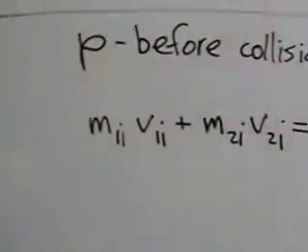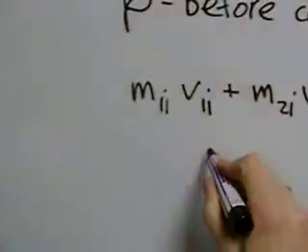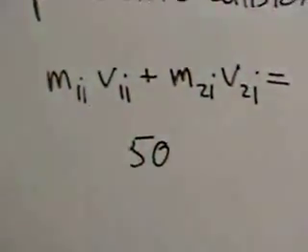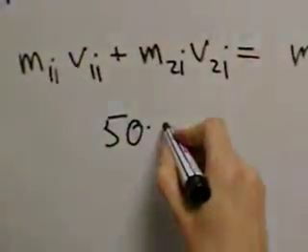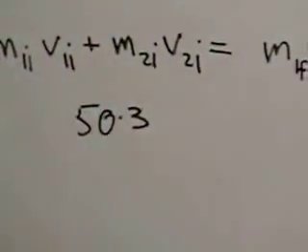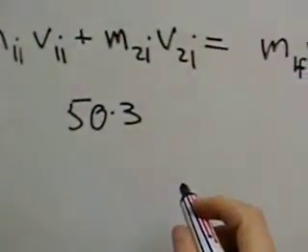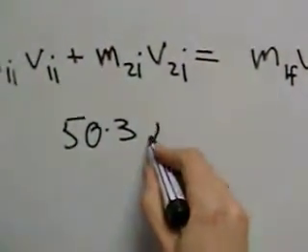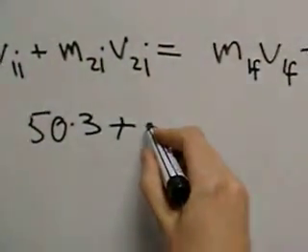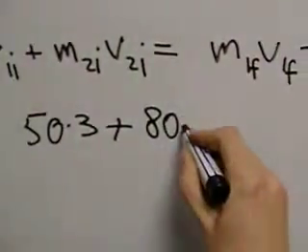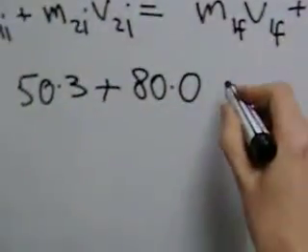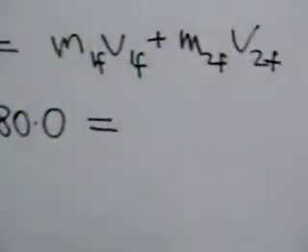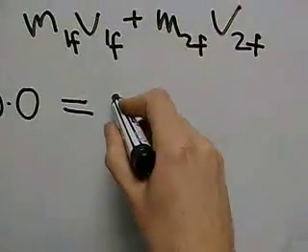So we can say that the initial momentum of the boy, so I'm going to start putting the numbers in. So the 50 kilograms times his speed, which was 3 meters per second. I'm going to drop the units just so that we don't have to write so much. Plus 80 kilograms of the grandma times 0 meters per second. That should be equal, after the collision, we're going to have,